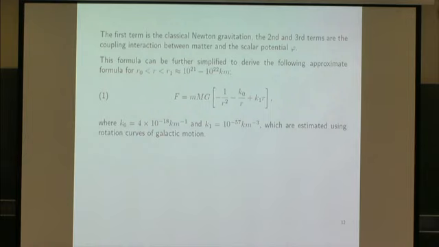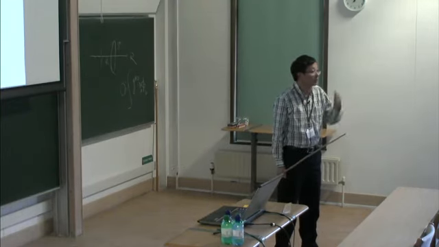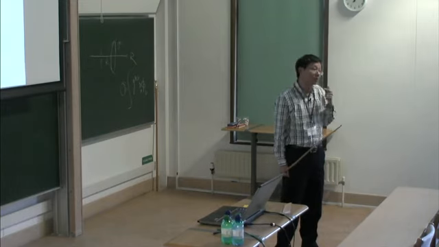Let me move on to further simplification. If you further simplify this formula, you get the Newtonian gravitational force. This term would represent dark matter. This would represent dark energy. So in other words, gravity is not only attracting at different spatial scales; it also gives you repelling forces.